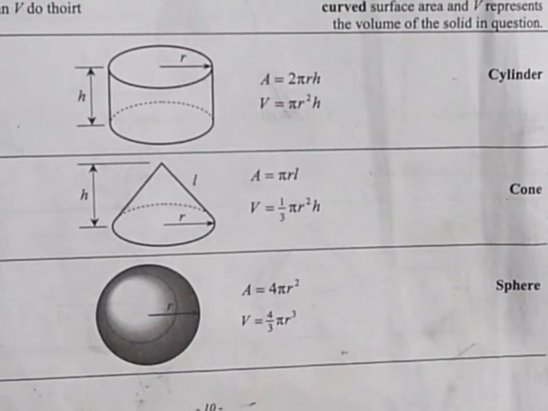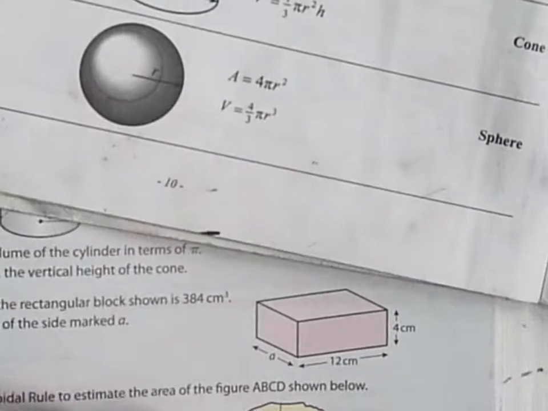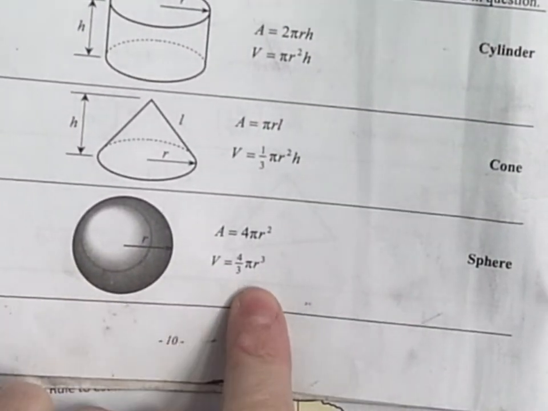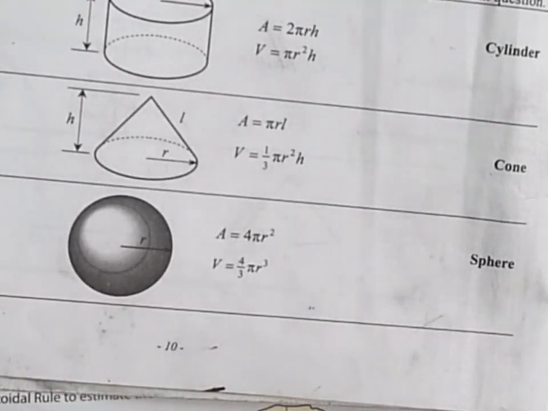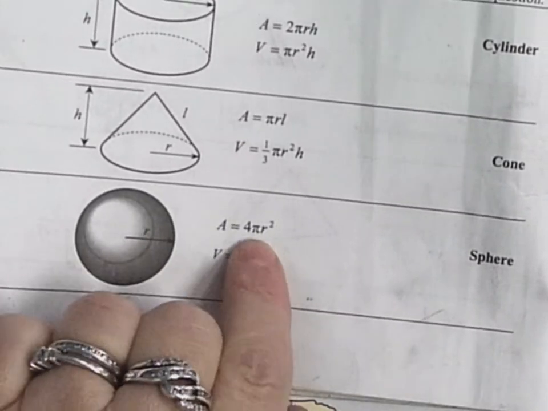The sphere, girls, you don't have to add on anything, right? This is the total surface area, so you don't need to add on anything. And the volume is 4/3 pi r cubed. Remember, for a hemisphere, which is not in your log tables, the volume is 2/3 pi r cubed, but the surface area is 3 pi